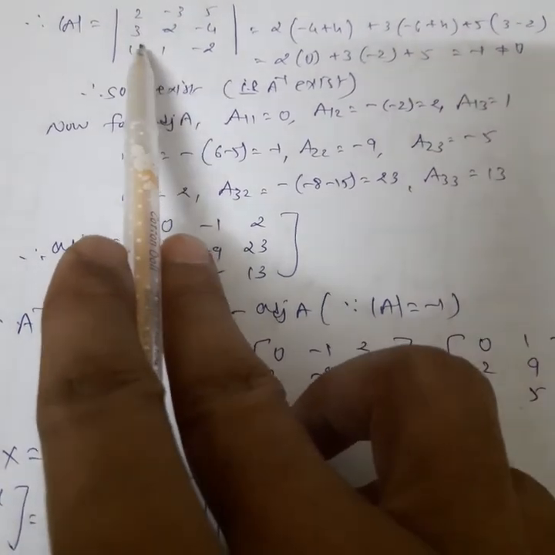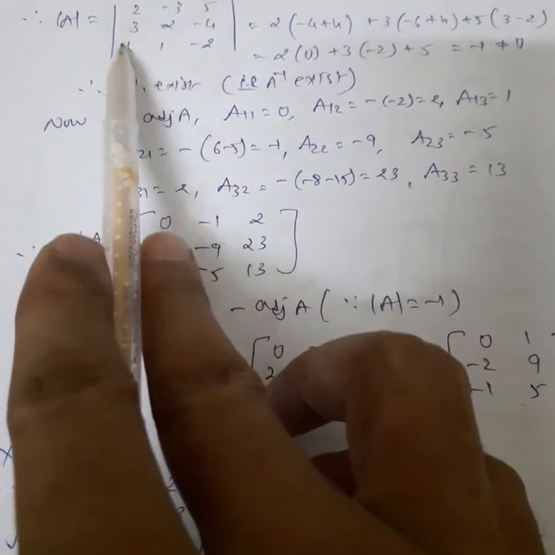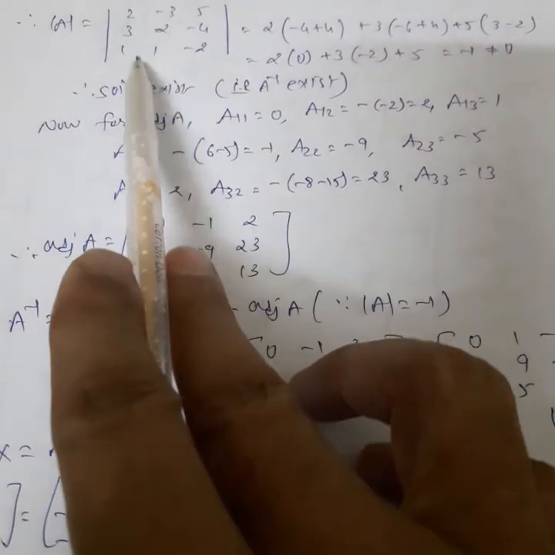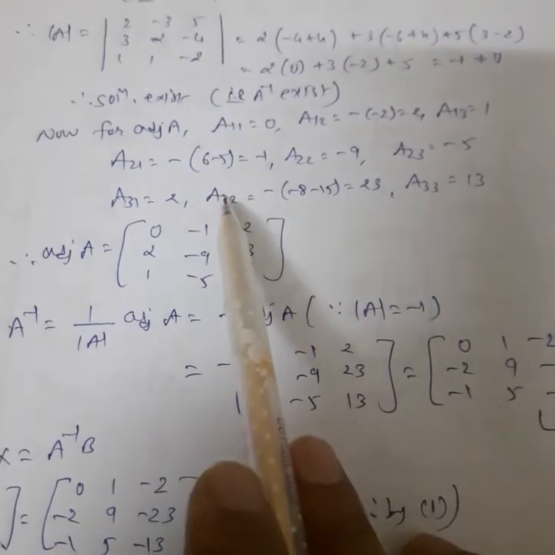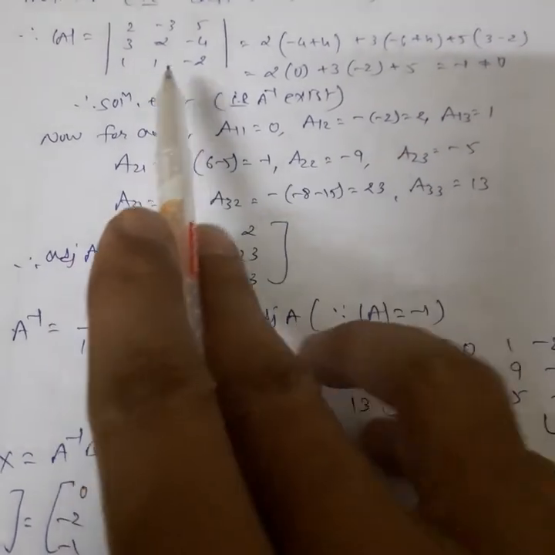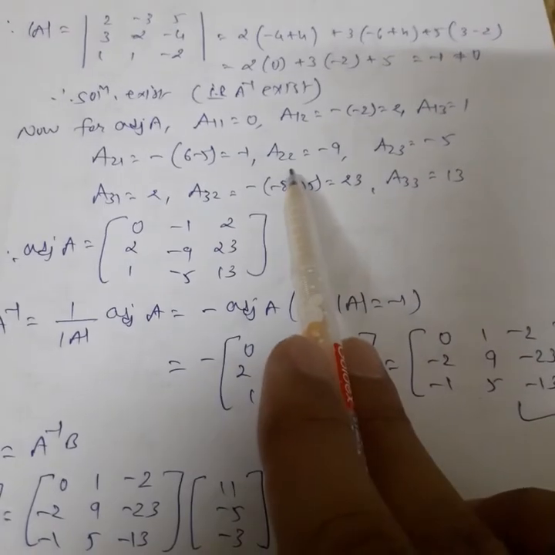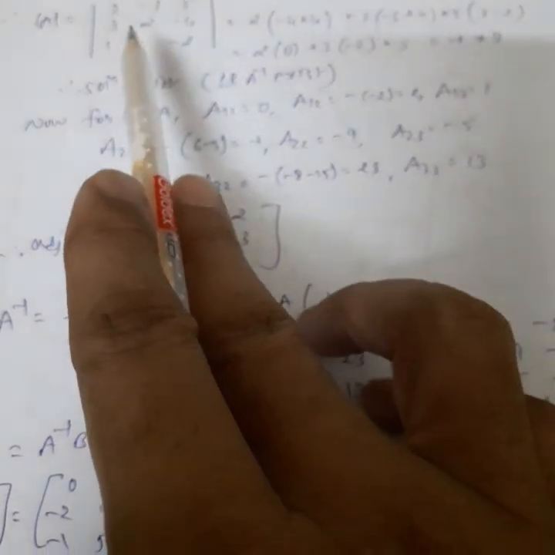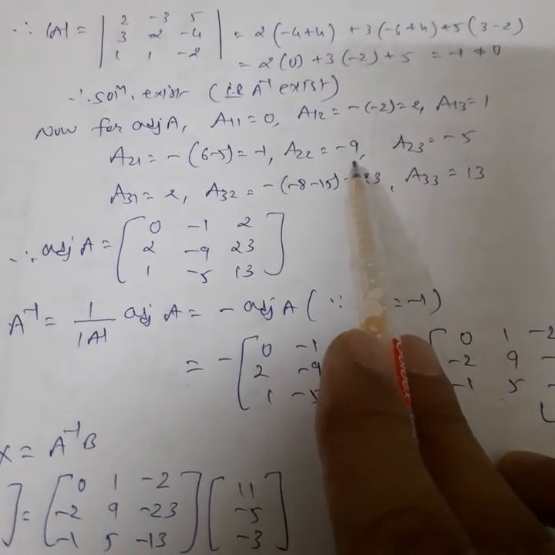Now we consider the cofactors of the elements of the second row, means cofactor of 3. Second row, first column is 2 plus 1, 3, so it's minus 1 cubed, so it is negative. Second row and first column should be cancelled, then for the remaining elements the expansion will be 6 minus 5, so 1. So the cofactor of 3 will be minus 1. Now the cofactor of 2 means 2 plus 2, because it is the element of second row and second column, so 2 plus 2 is 4. Second row and second column will be cancelled, then the expansion of the remaining elements is minus 4 minus 5, minus 9. So the cofactor of 2 is minus 9.